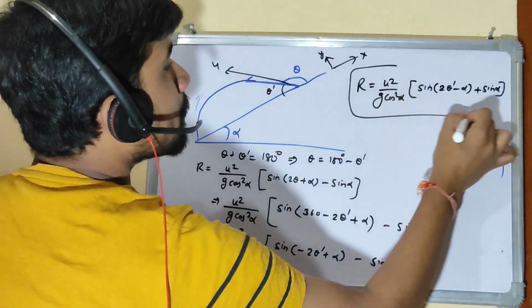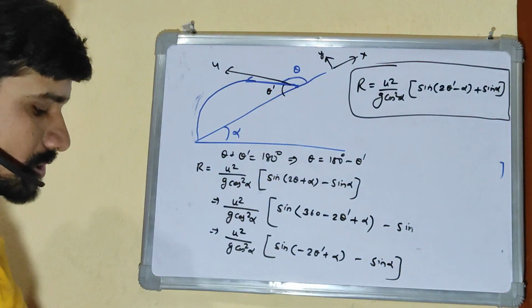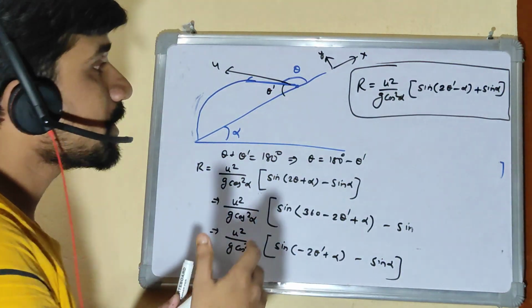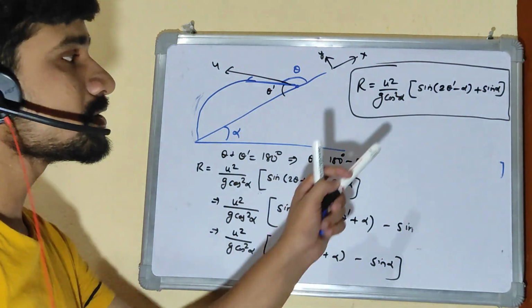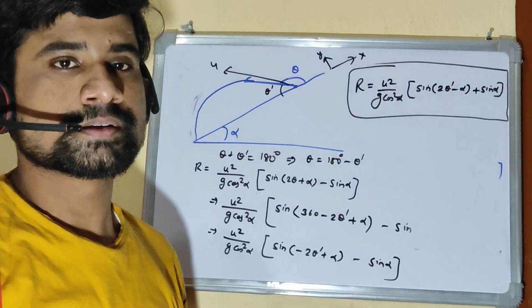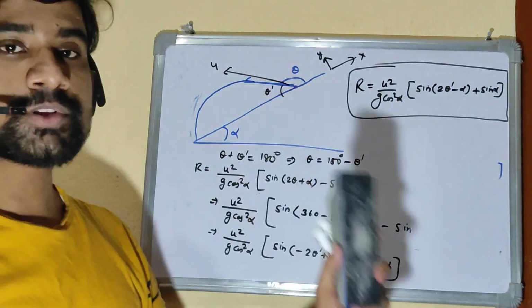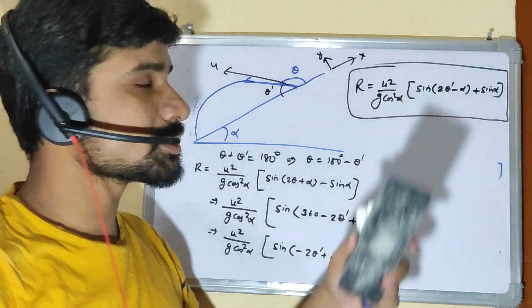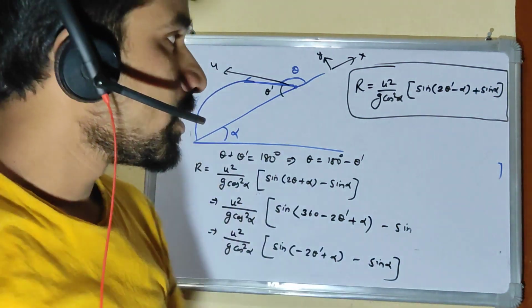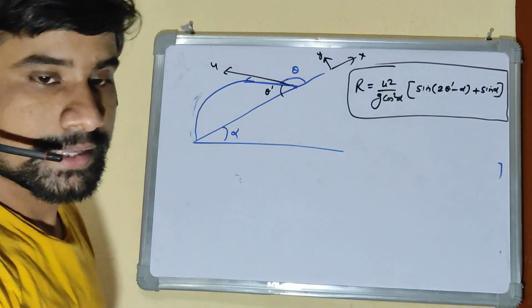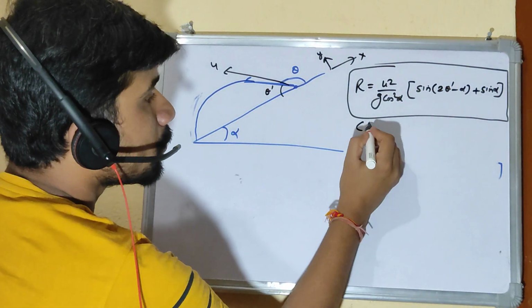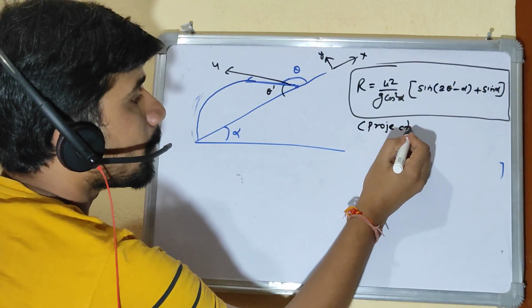And this is the formula for range when the projection is done from the top of the inclined plane, not the foot of the inclined plane. This is the formula for range here, right? So when the projection is done from the top of the incline, this is the expression for range. Let me properly write it somewhere, that if projection from top,